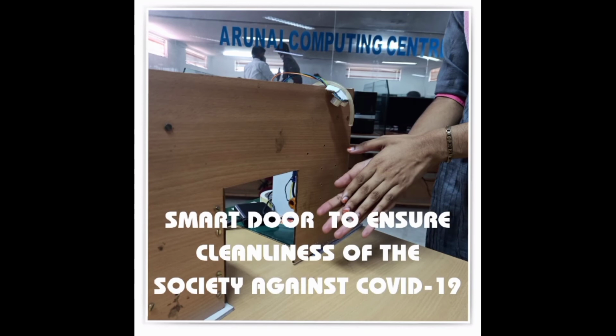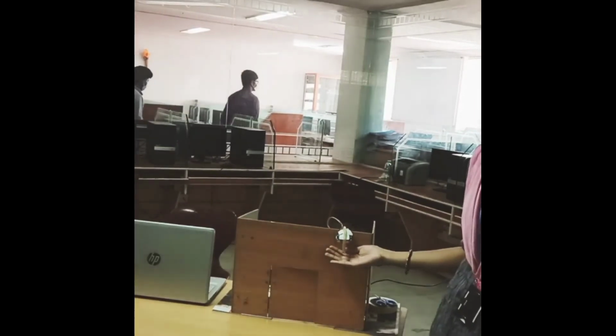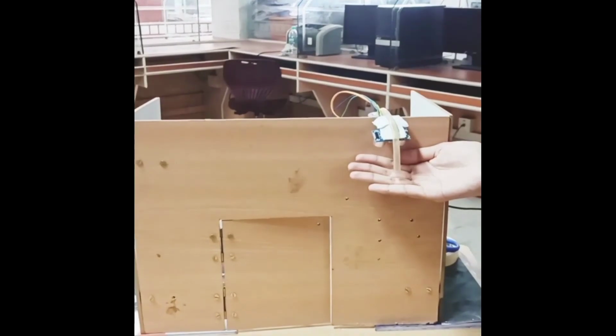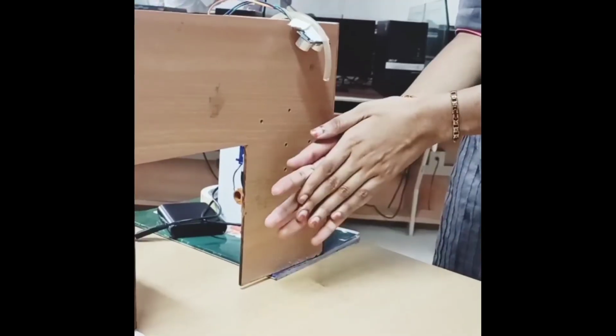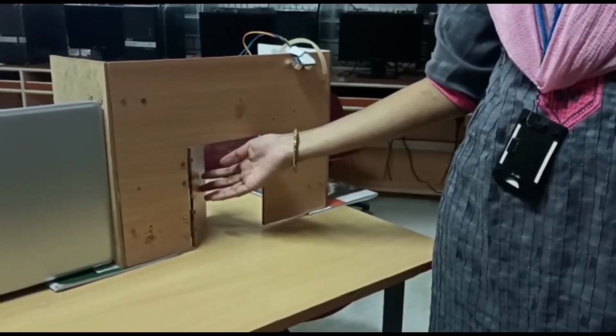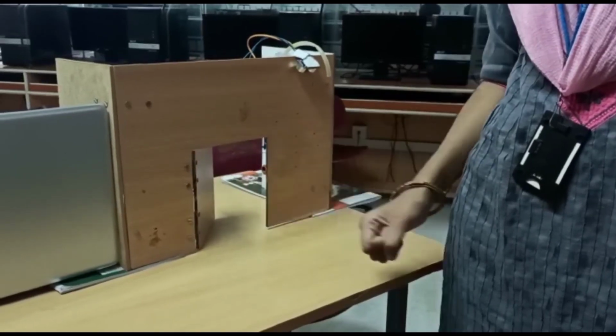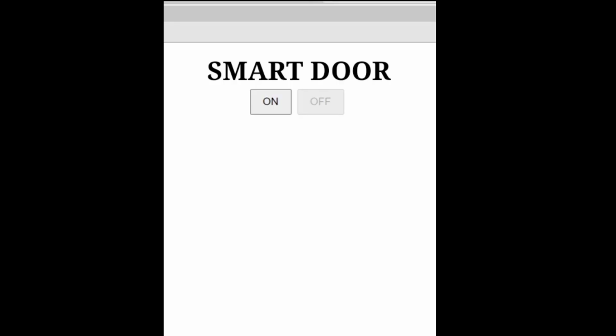Okay, now let's get started with a demo video of how it works. When a person places their hands near the sensor, it detects and dispenses the sanitizer. And once it is sensed, the door is unlocked automatically and simultaneously it gets locked. By the way, when a person is trying to enter the door without sanitizing, it sends an intimation alert to the respective persons like a security alert. So this is how it works. When the button is pressed, the security alert message is received.